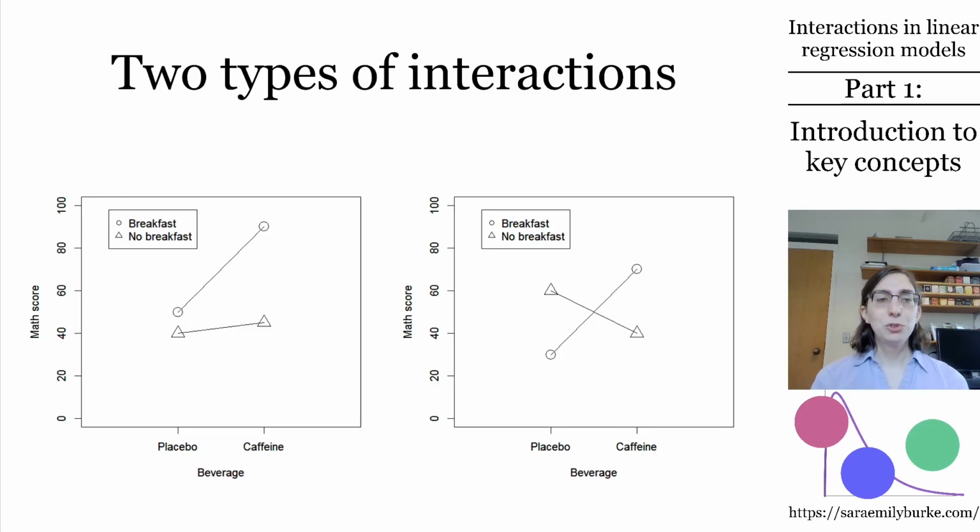People often reasonably distinguish between two types of interactions. In an interaction, the effect of one variable on the outcome depends on the value of another variable, and in this example, we're interested in the effect of coffee on your morning math test, and we're interested in whether it might depend on whether you've had breakfast that day. In one type of interaction, shown on the left, the moderator reduces or exaggerates the effect of the main independent variable of interest. For example, perhaps having breakfast enhances the benefits of